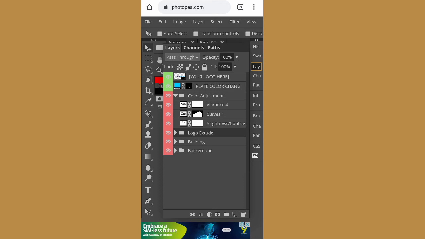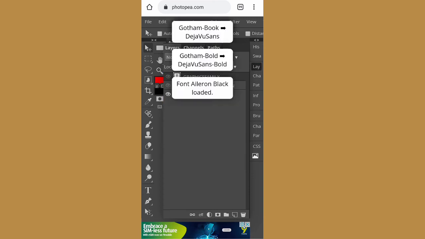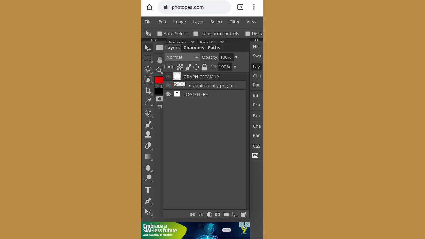Now you will see where you will see logo design or your logo here. Double click it. You see, when you double click it, it is loading. Good. And hide this one, your logo here, just hide it. There is an eye icon beside it, just click it once.